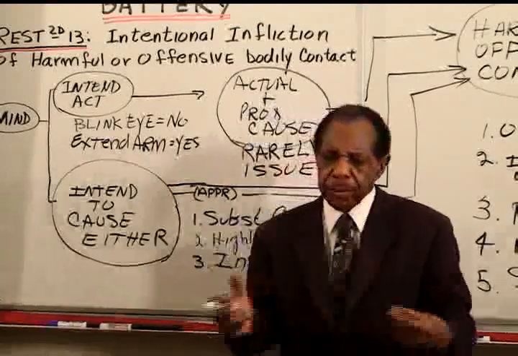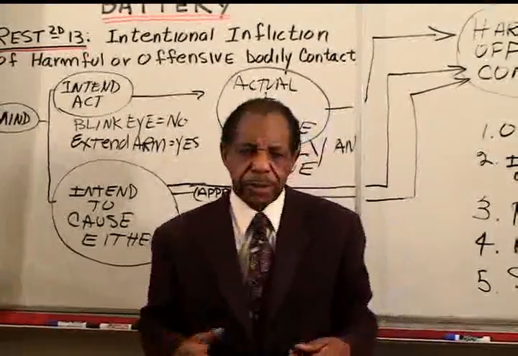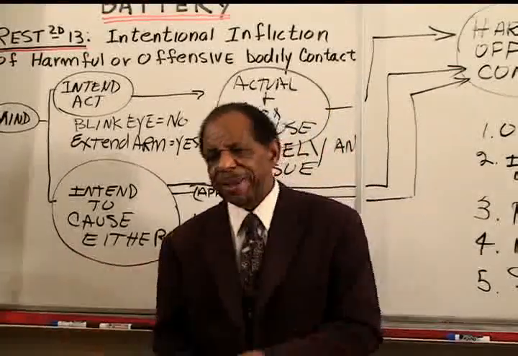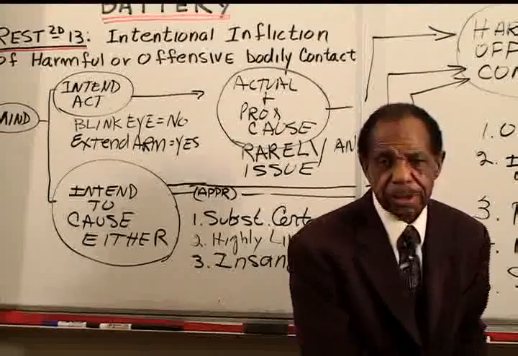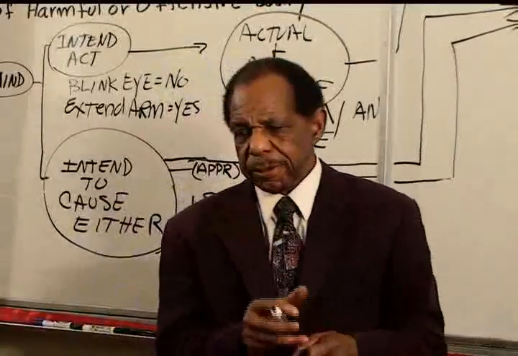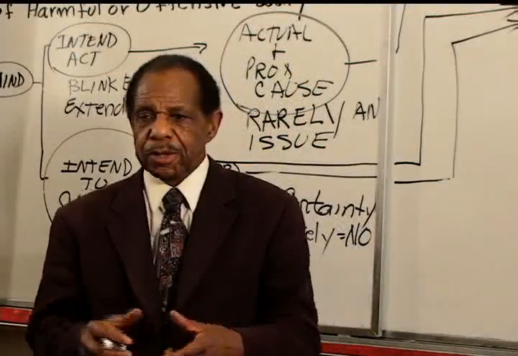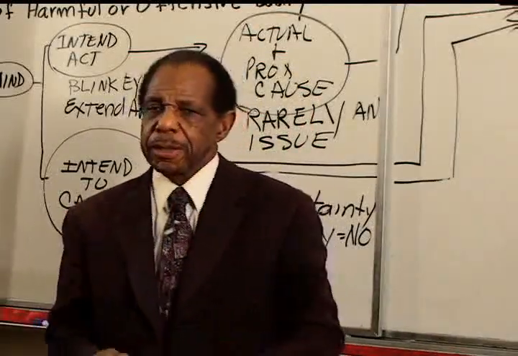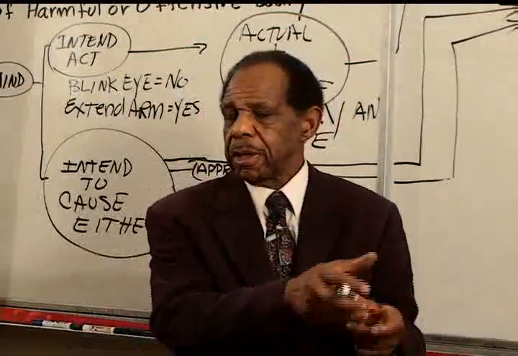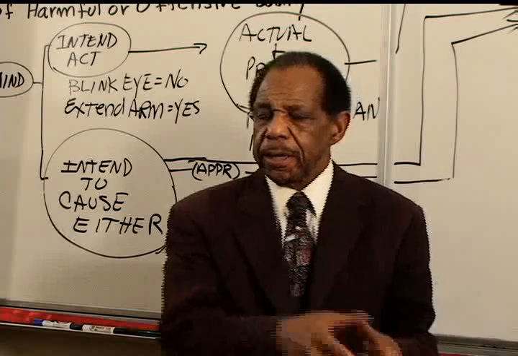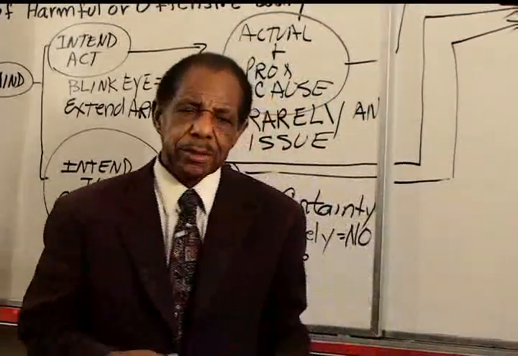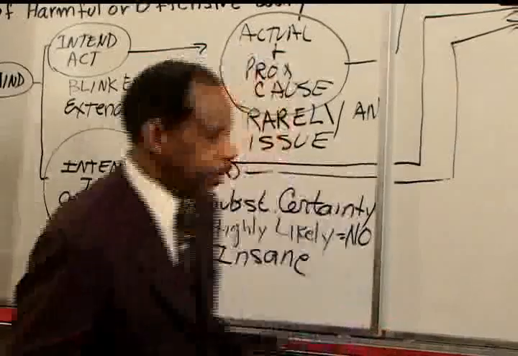And one of the leading cases, there was a nurse in a psychiatric facility, and the patient at the facility grabbed a leg of the table and hit the nurse with it. And his defense was, I'm crazy. And the court says it doesn't matter, because the only state of mind you have to have is, first of all, to be able to move your arms. You could do that. And secondly, you have to intend to cause this person bodily harm. And if hitting her with a leg of the table, you knew you were trying to hurt her. And so that's all the intent you need. So crazy people can do it.